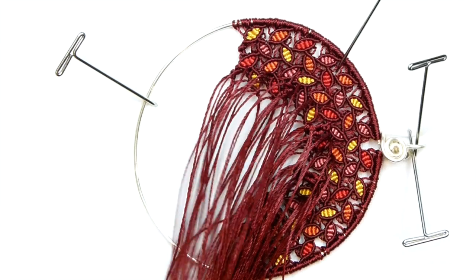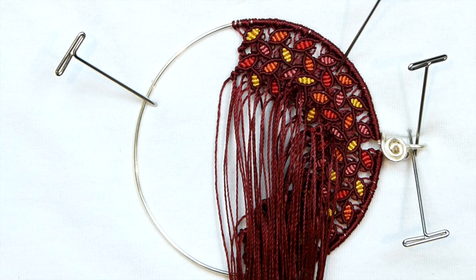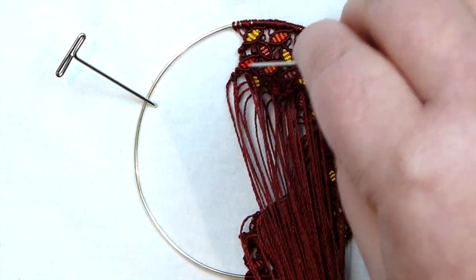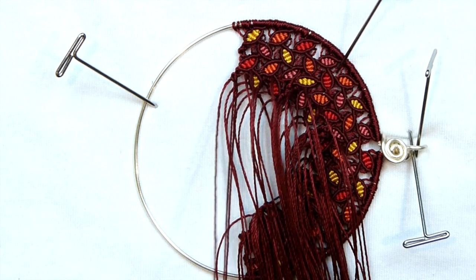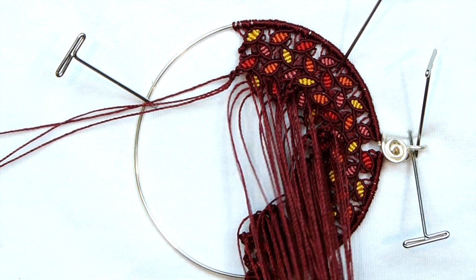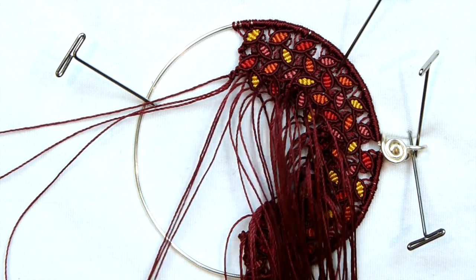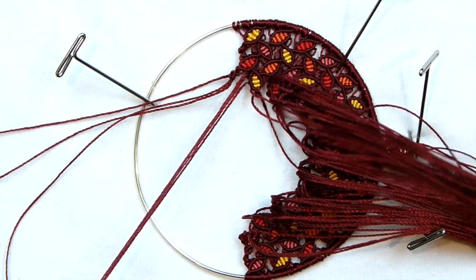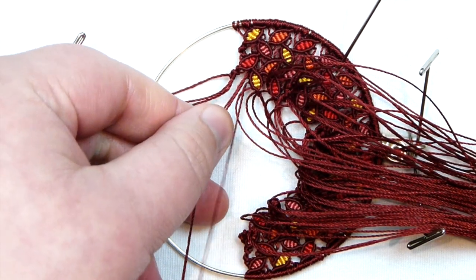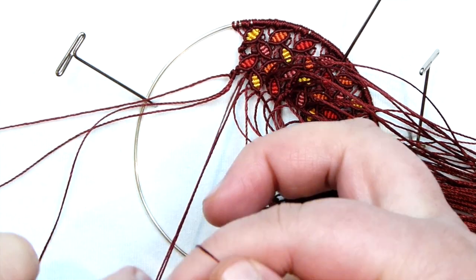Like so. And then we'll need to start separating out our cords again so we can start off this next row. So what I'm going to do is get my first section of cords ready. I grab the first 3 coming from that chain link of our half hitches, and then I grab the next 3. So this is just continuing to work, basically making the branches like I just showed you in the previous row. And I've already kind of made the first one, so I'm just going to go in and do a couple half hitches with these 3 coming out from the first leaf on the previous row,